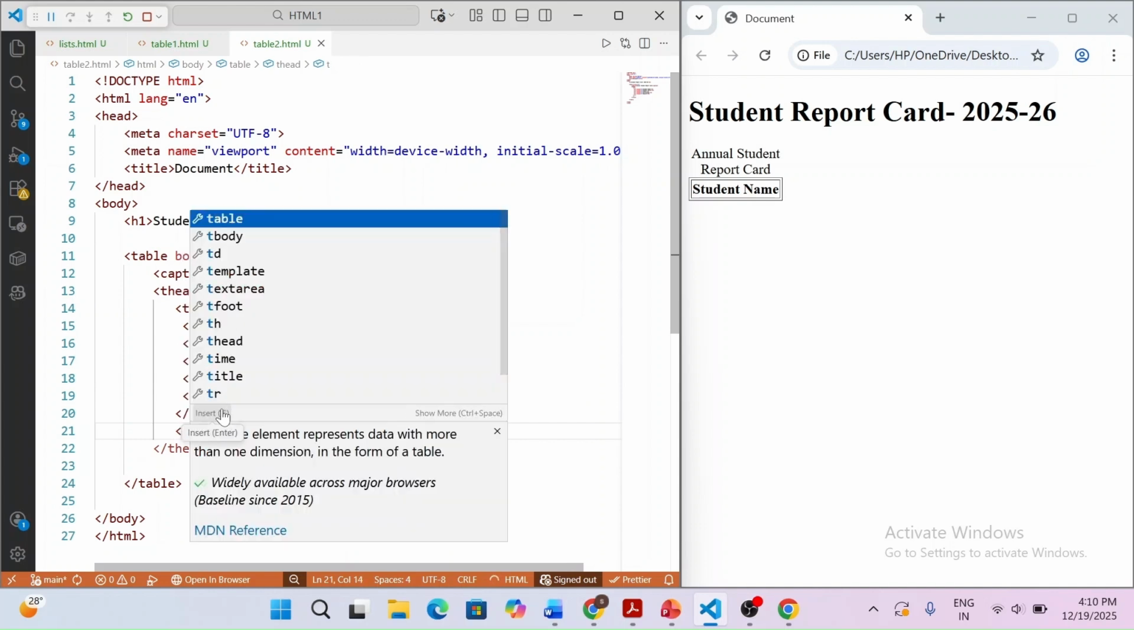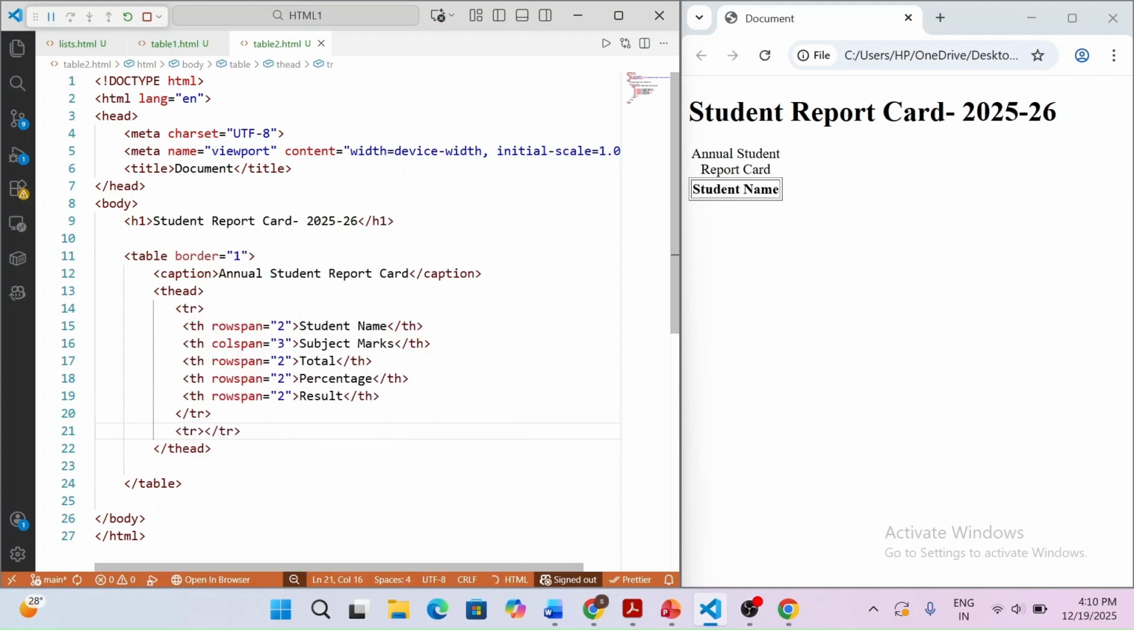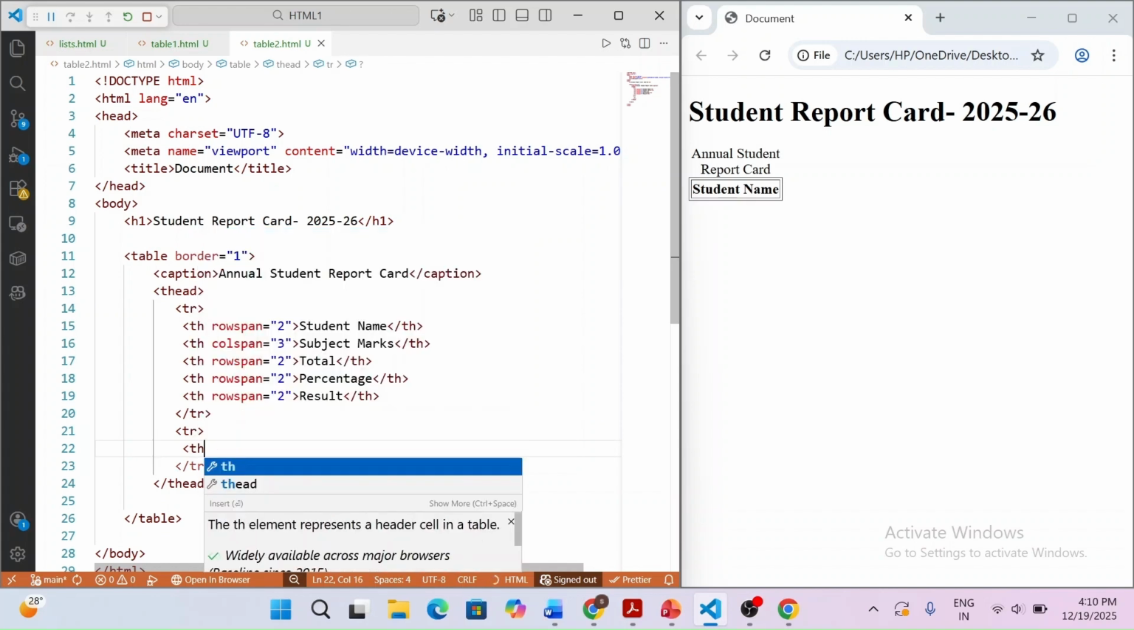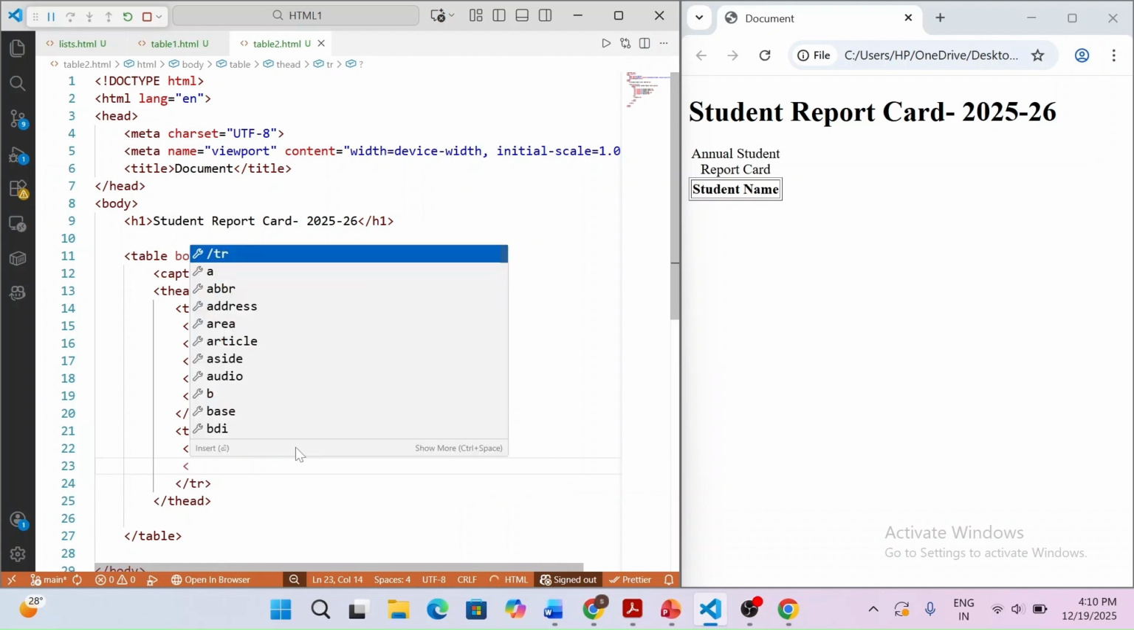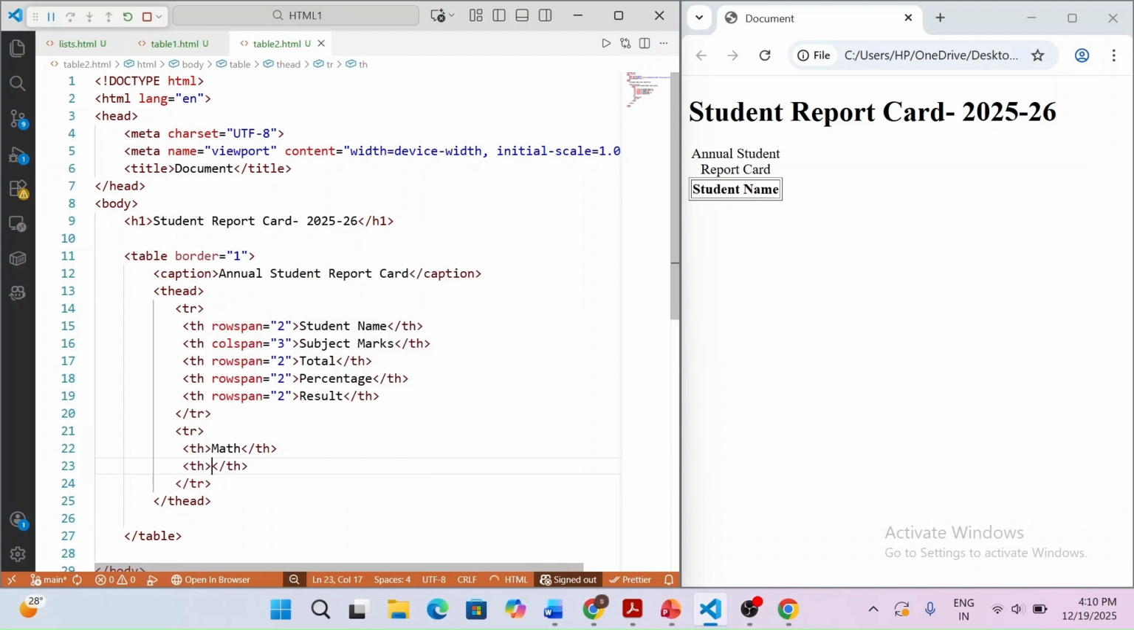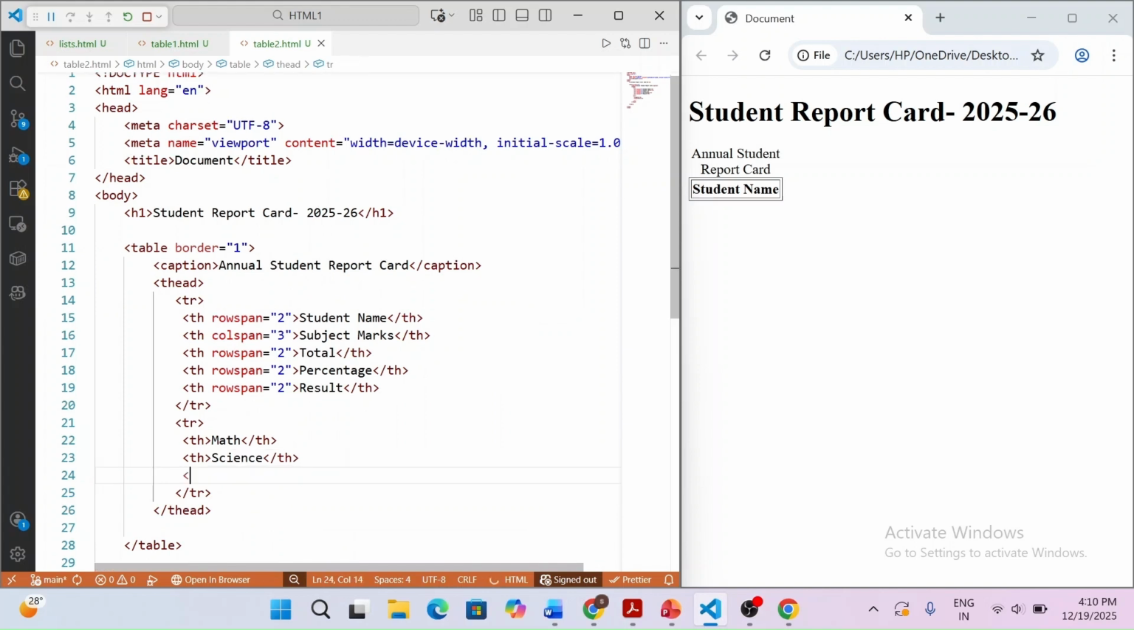Now one, percentage, math, science, English. Okay. So next table header is